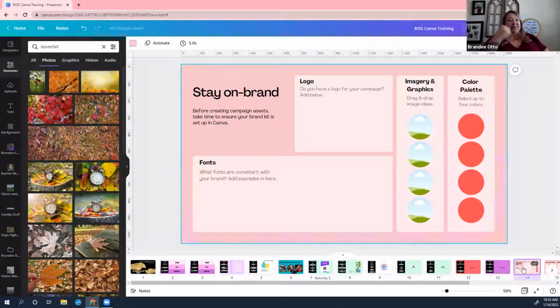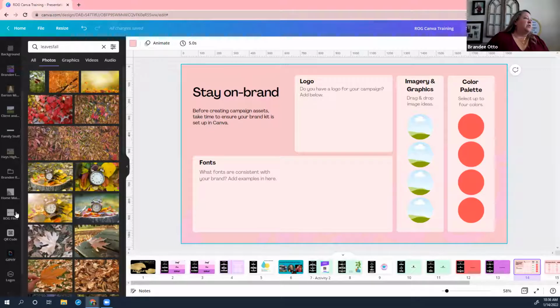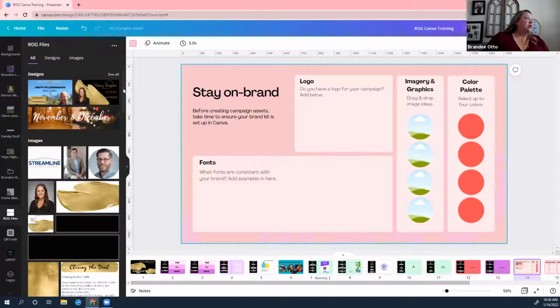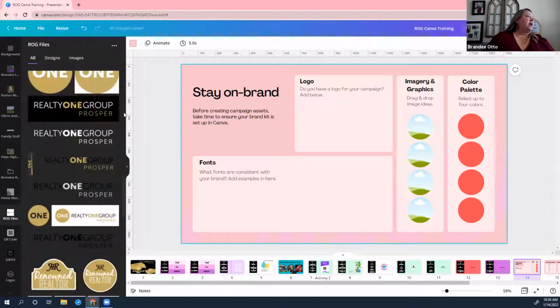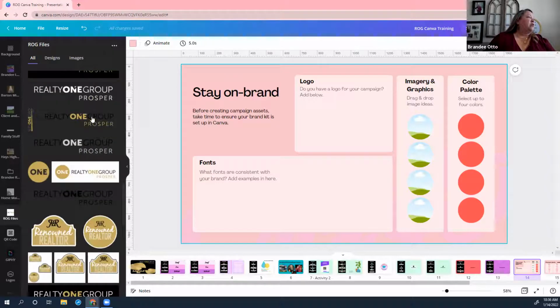Another thing I love, because I'm not super creative, is I'll go look at other templates and just find pics and drop them in. There's a ton of templates in here and I'll get into that in just a second. We're almost done with this. So this is just like if you wanted to create your brand, right? So we have logos for our brokerage. And if I were to drop this in here,